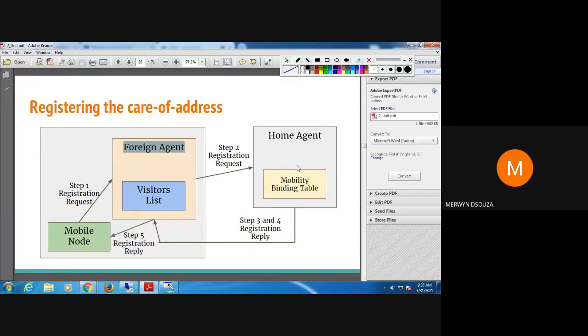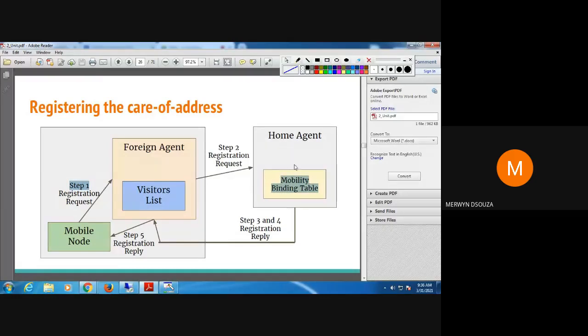Clear? In the third step, the home agent gets this request, and now it will update. It has one routing table, so it updates that routing table by associating the care of address with the mobile node.